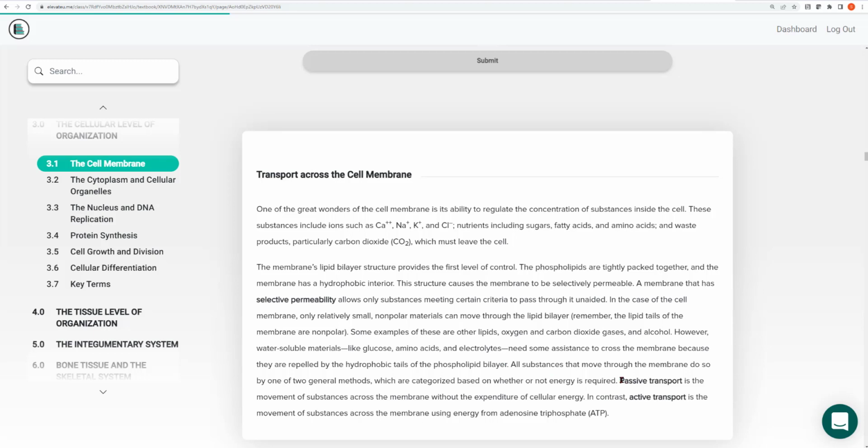The first and the largest group of these types of movement is called passive transport. Passive transport are transport mechanisms where there is no energy expended. Most often, the energy we're talking about is ATP. In contrast, we're going to see a couple of examples of active transport. Active transport are transport mechanisms where the cell has to use energy to push that molecule across the membrane.